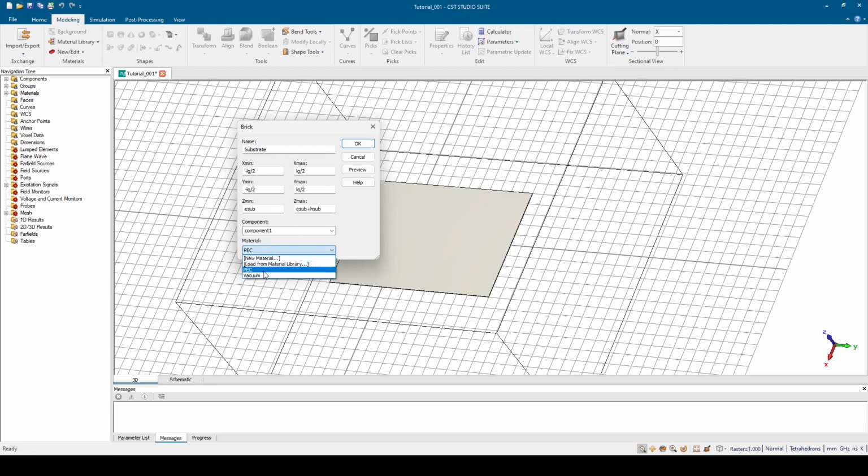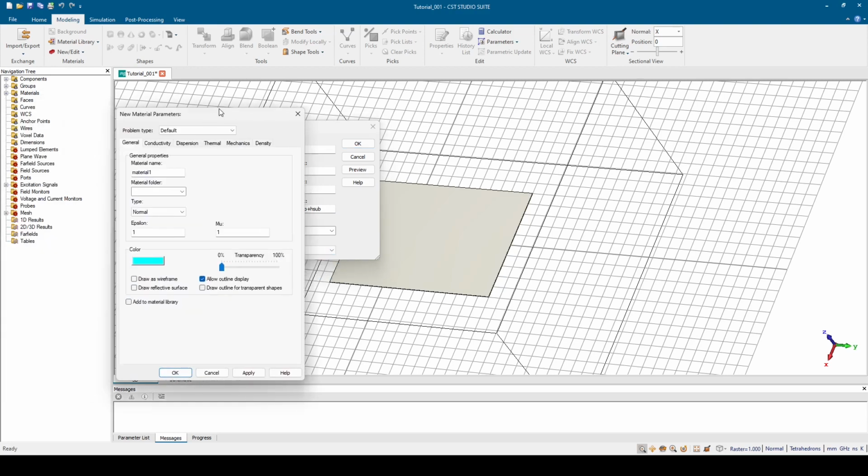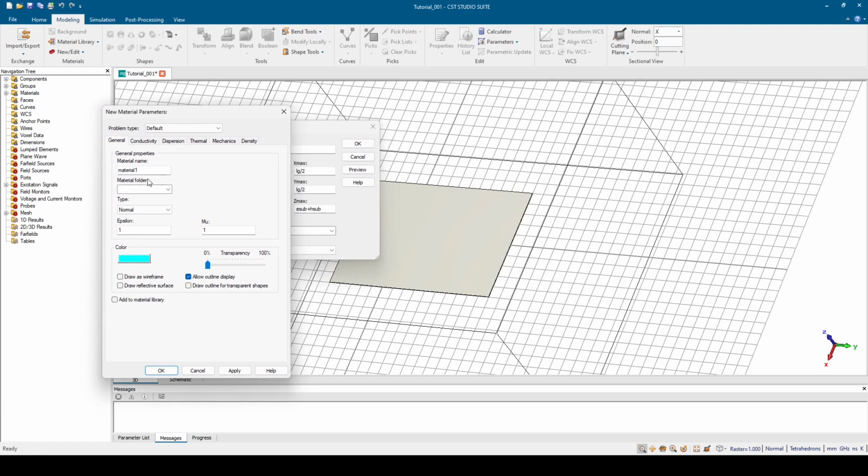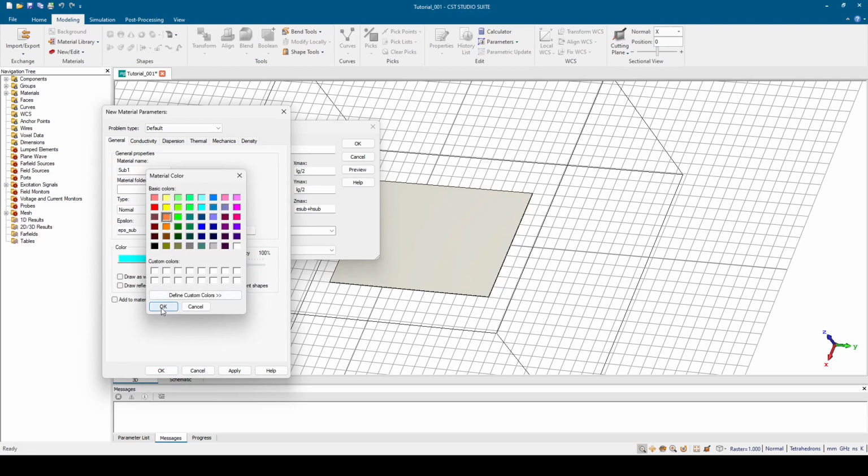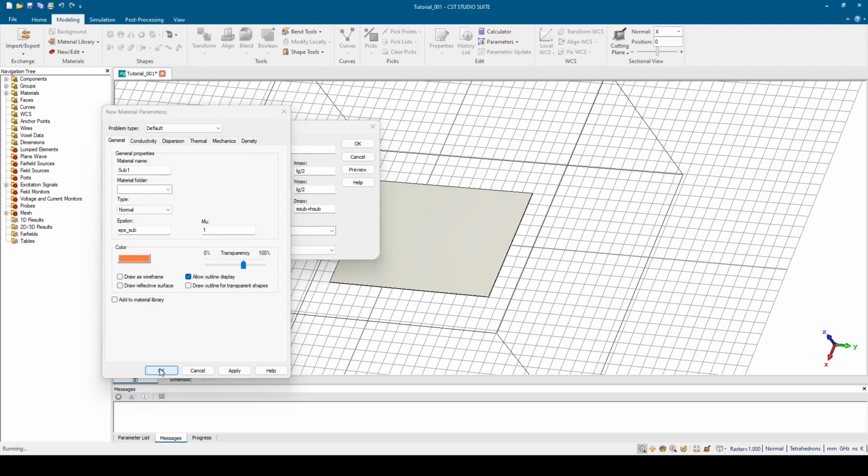Okay, and then we'll choose for now. I'll just get a new material, and I'll call it sub 1, epsilon sub. I would prefer to make it a little bit transparent so I can see through it. I don't like this color, so I do like this. And then let's do this, okay? And then the value will be like 3 or something. Let's say 4.2 if we want to